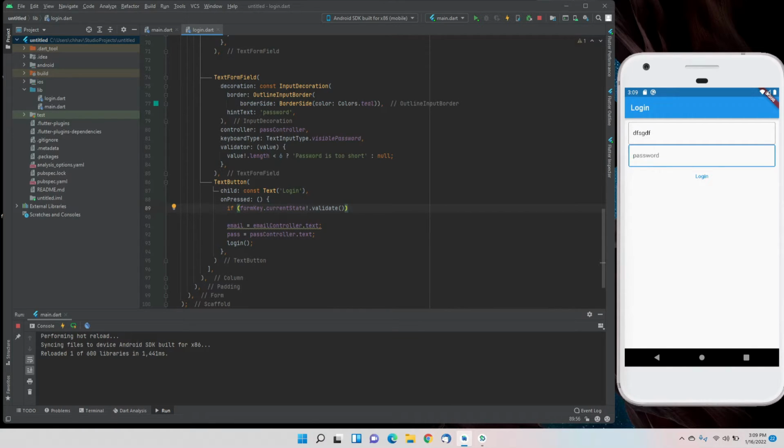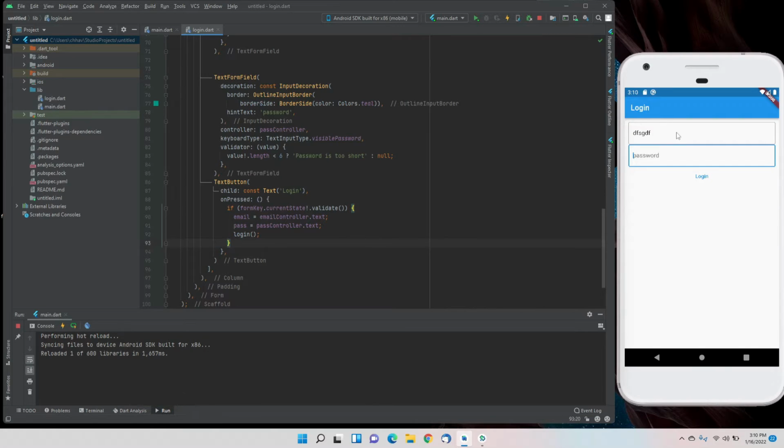What we'll write in that is assigning the values of email to the text controller and password to the text controller. We'll move that inside the if block. And now we'll test it out.